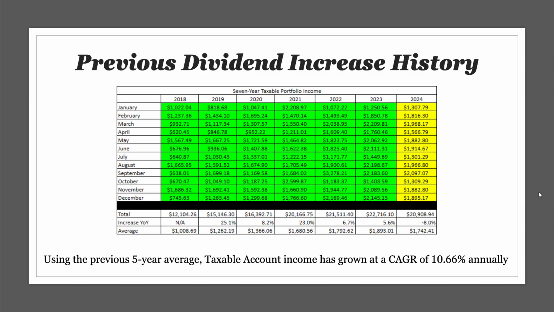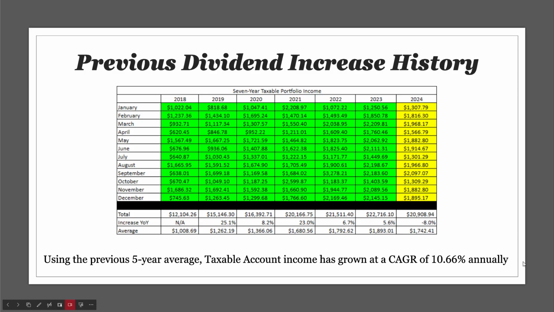Now, I can use the previous dividend increase history, and what you can see here is that the portfolio has grown on average its income generated by 10.66% annually, and that's simple math, just using the starting point of what we had in 2008 up to what we know we've received through 2023,